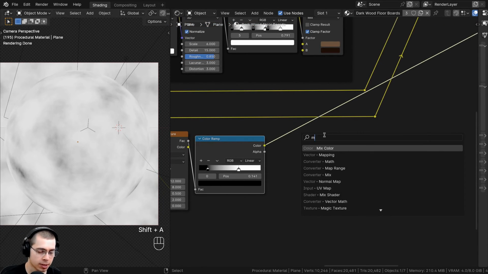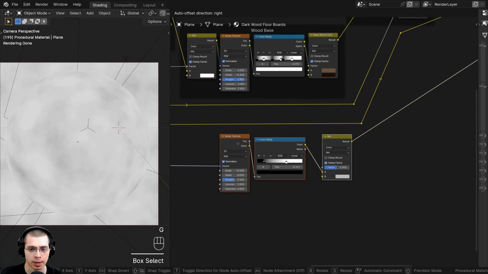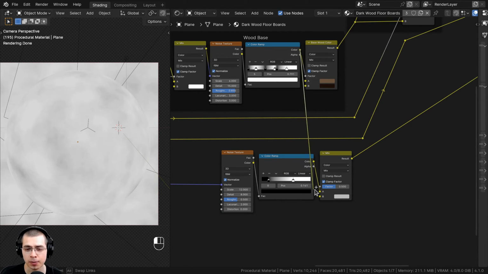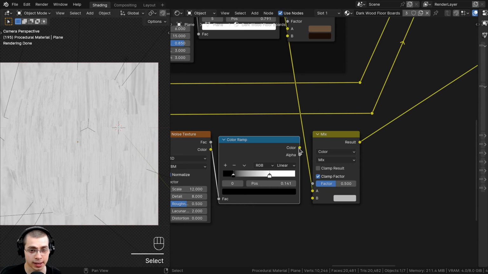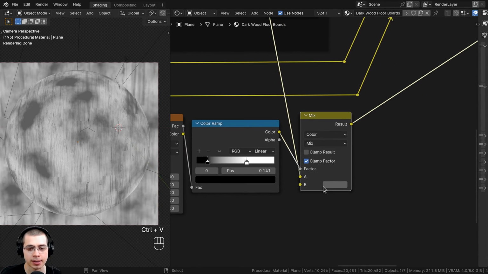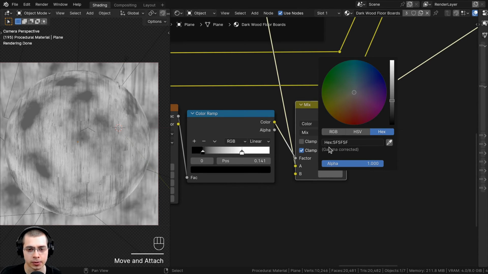So I'll go to the add menu and I'm going to search for a mix color node, and we'll drop this here. I might want to drag these nodes forward a little bit. And then let's take this color ramp here in the wood base, and I'll take the color and I'll put that into color A. Then this color ramp color here is going to go into the factor. And then for color B, I'm going to make this color a gray color. And if you want to use the exact same color that I'm using, the hex value will be 5F, 5F,